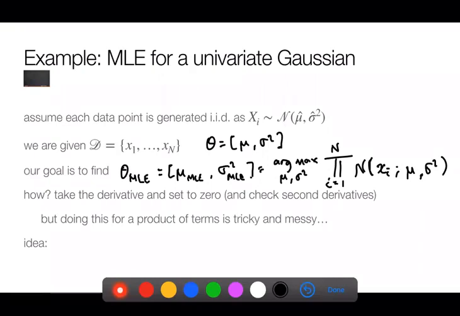So how would I actually solve this optimization problem, this maximization? Well, the classic calculus way that we would do it is we take the derivative of this and set it equal to 0, right? And if we weren't being lazy, we could also check the second derivatives and make sure that it satisfies those criteria to actually be a maximum, and not some other kind of stationary point. But doing this for a product of terms is actually really quite tricky and messy, right? And we're going to get some pretty nasty derivatives if we try to do this directly. So a key idea behind a lot of maximum likelihood estimation is to take